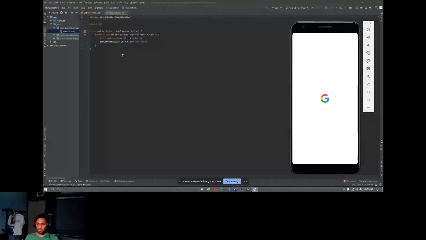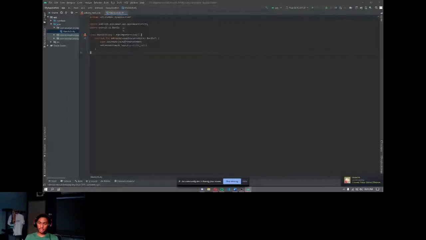Sorry, I think this is a problem with my Android Studio. Okay, never mind. We're just going to see the project first. Here we can see the code, the template that Android Studio created for us. Actually, we can already run our code, and it will display the template that we chose before.